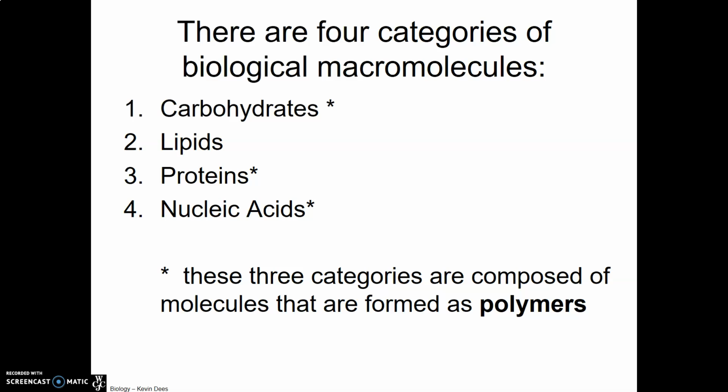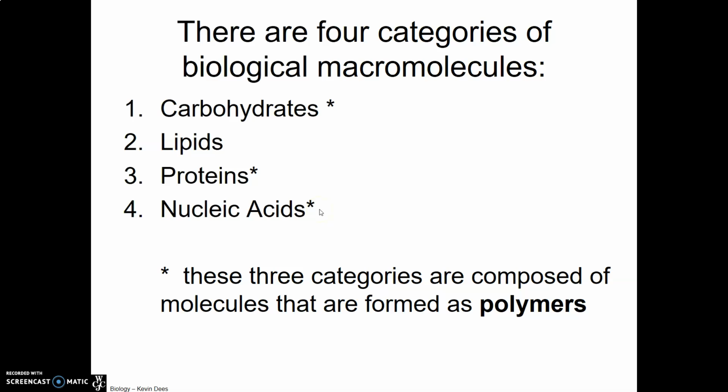We're going to break the biological macromolecules down into 4 basic categories: carbohydrates, lipids, proteins, and nucleic acids. And you may know some of these by a more common name. For instance, carbohydrates are sometimes called sugars. Things like fats are lumped into the category known as lipids. And proteins and enzymes all fall into this category of proteins. And then nucleic acids are things like